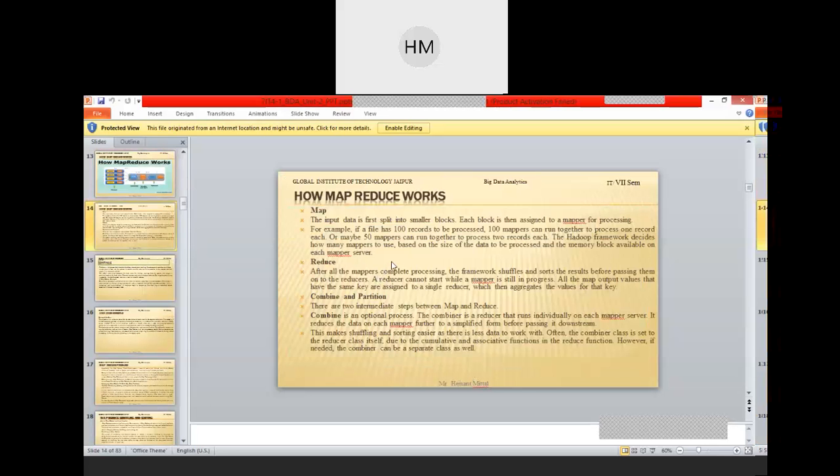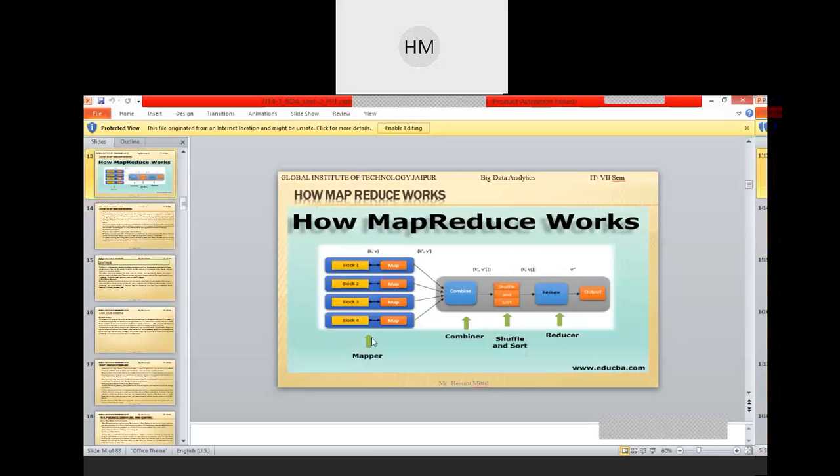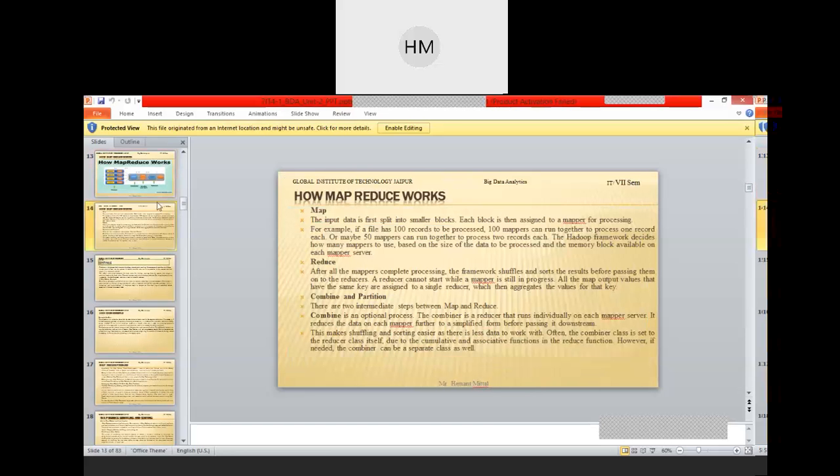Explain how MapReduce works. MapReduce works on key-value pairs. Every block is divided and the data is stored, then combined and converted to tuples, and then the tuples are transferred to the reducer, which shows the final output.